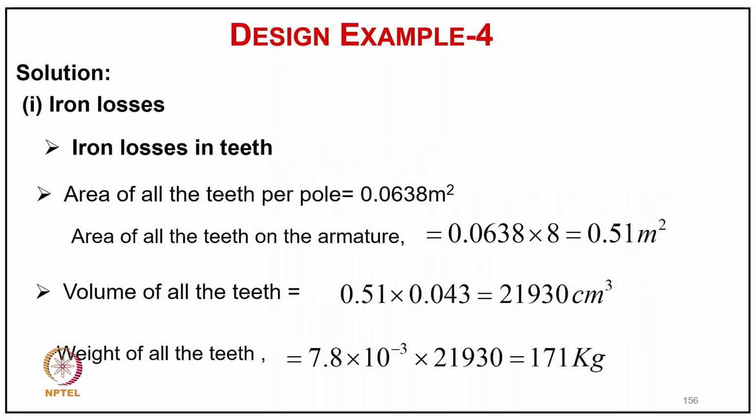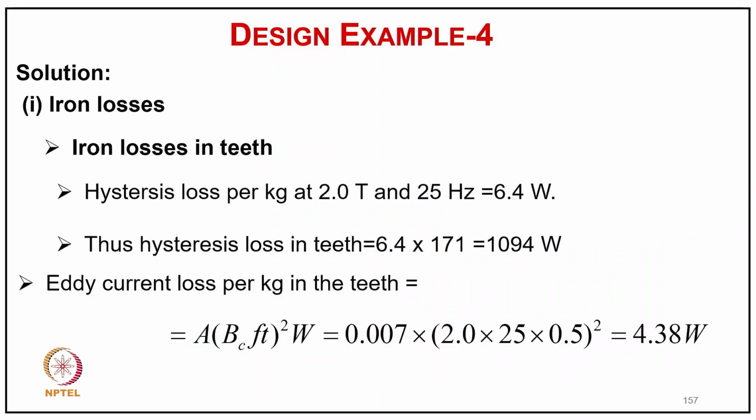Now iron loss in the teeth. Area of all teeth per pole is 0.0638 meter square, and area of the teeth on the armature is 0.0638 into 8, that is 0.51 meter square. Volume of all teeth is found by multiplying this area by the depth, which comes to 1930 centimeter cube, and multiplying by the density it comes to 171 kg. So hysteresis loss per kg at 2 Tesla at 25 Hz is 6.4 watt, and the hysteresis loss in this is